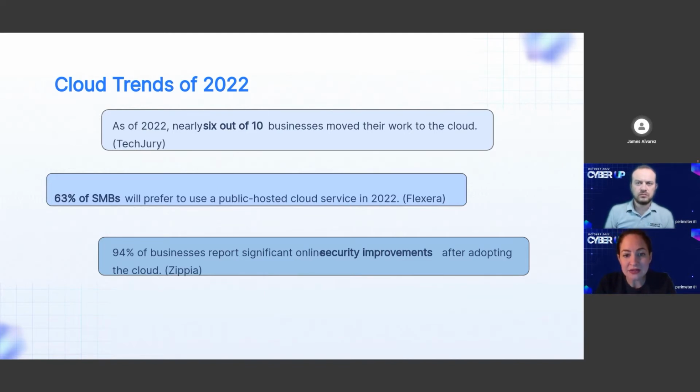And that means that their attack surface is much, much wider. Instead of having it all centralized in one data center in one location, all those companies that have moved to the cloud actually have a much wider attack surface, and they need to upgrade their security measures to be able to meet